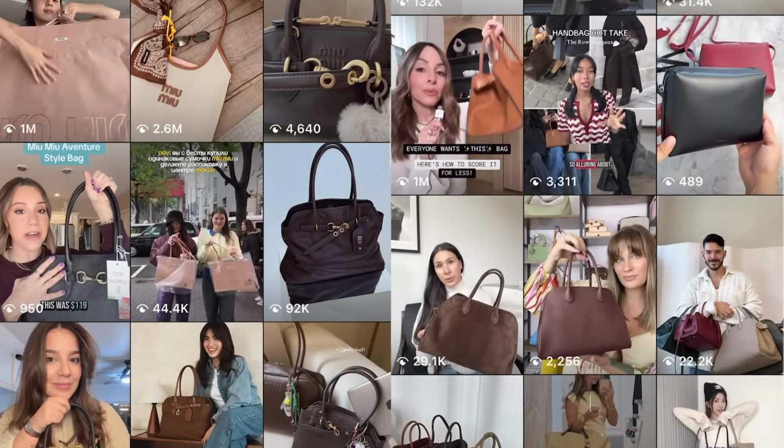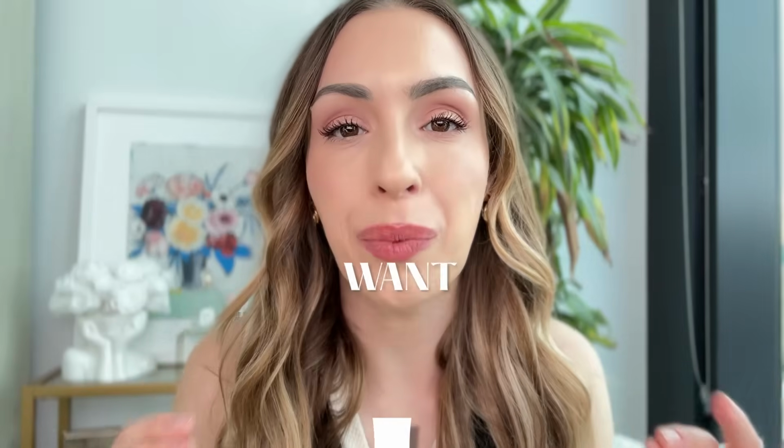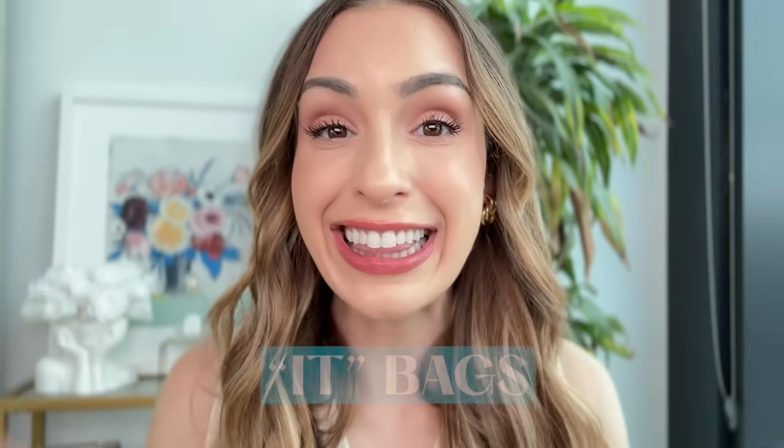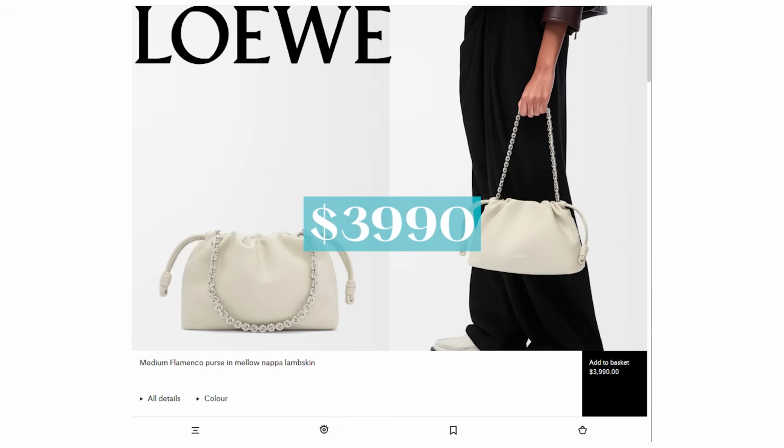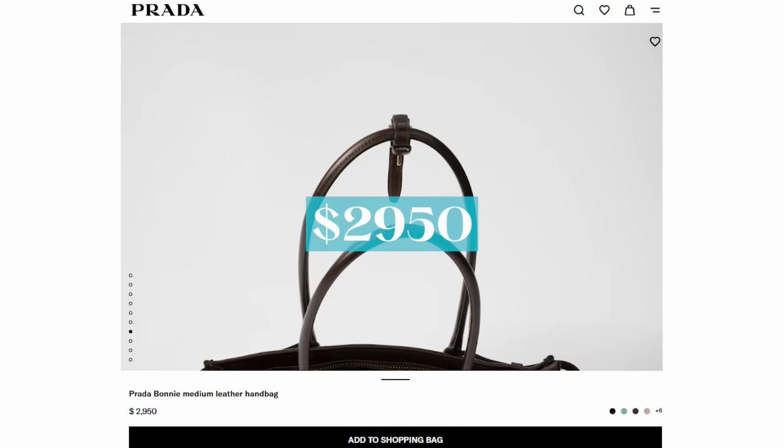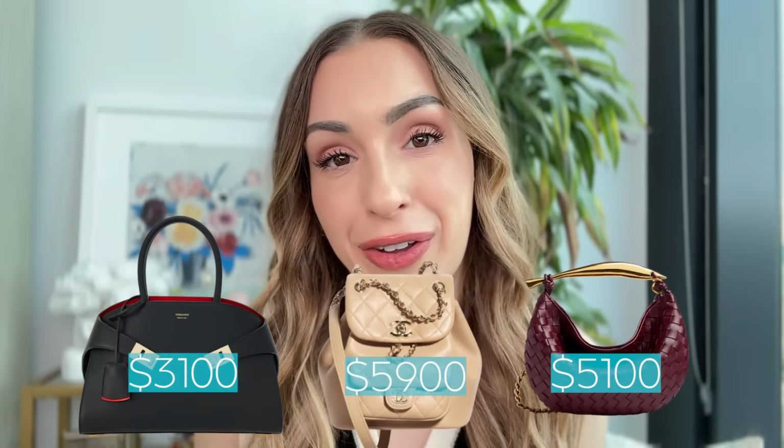Some bags just take over. They're everywhere, they're gorgeous, and suddenly, I want that bag. But here's the thing, these IT bags come with a hefty price tag. It's a lot to spend just to keep up with the hype. If you've ever found yourself obsessing over the latest must-have designer bag but just can't justify the cost, you are